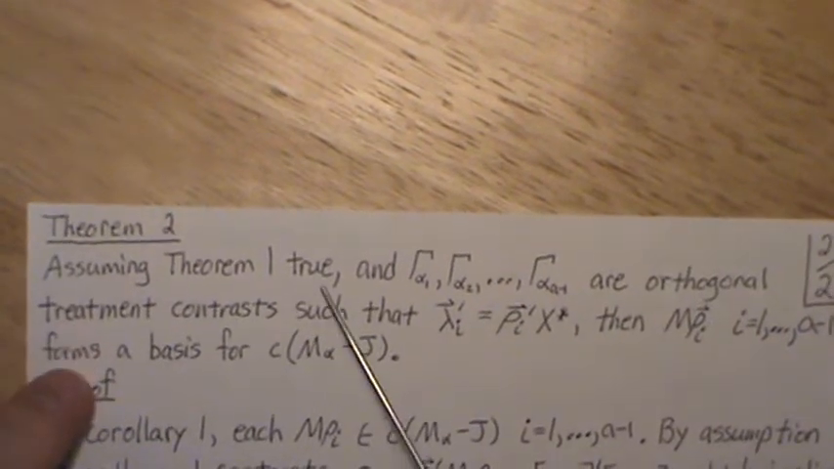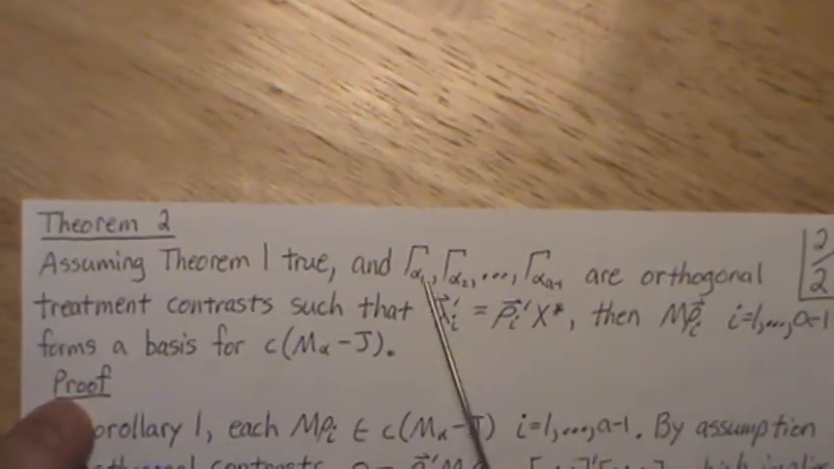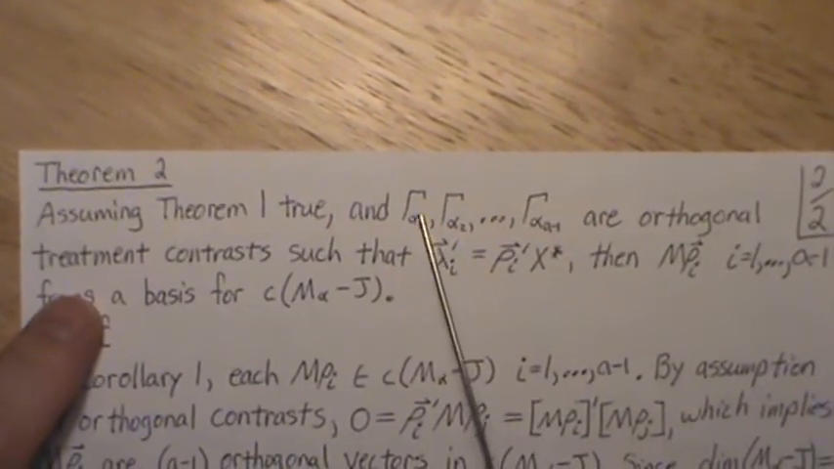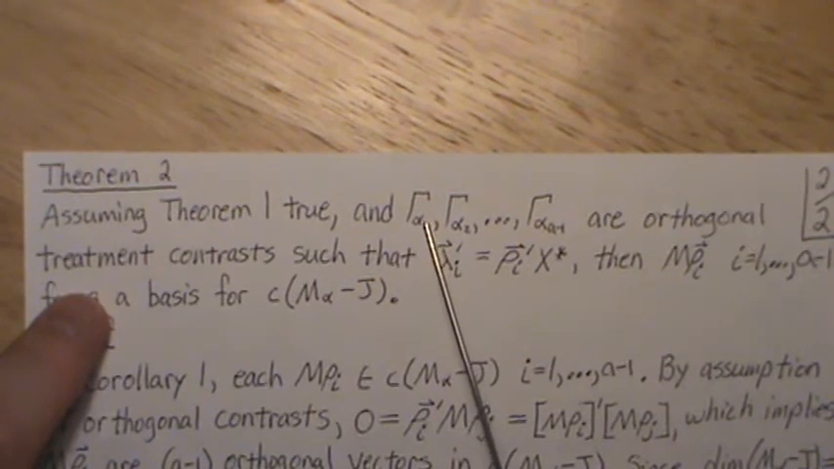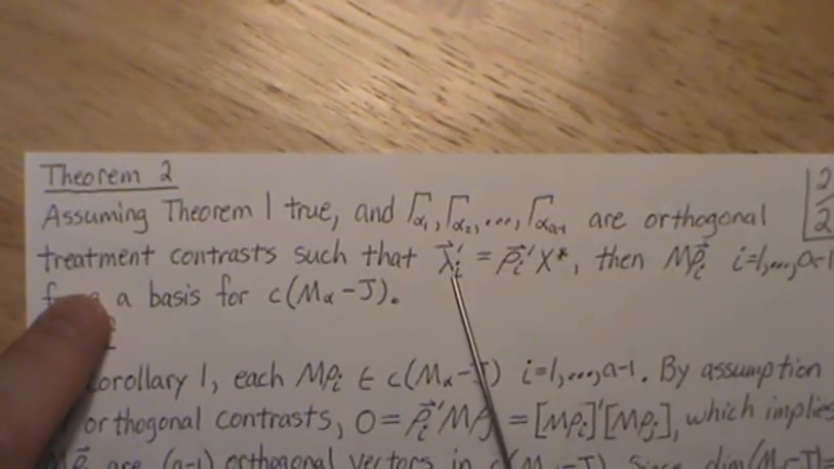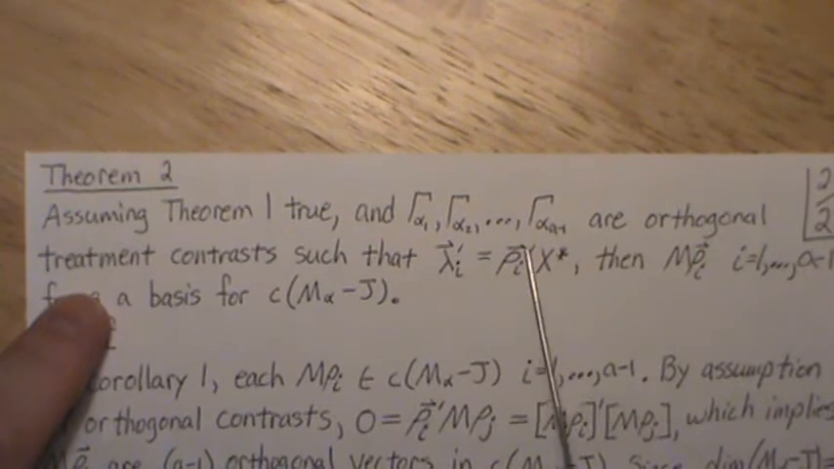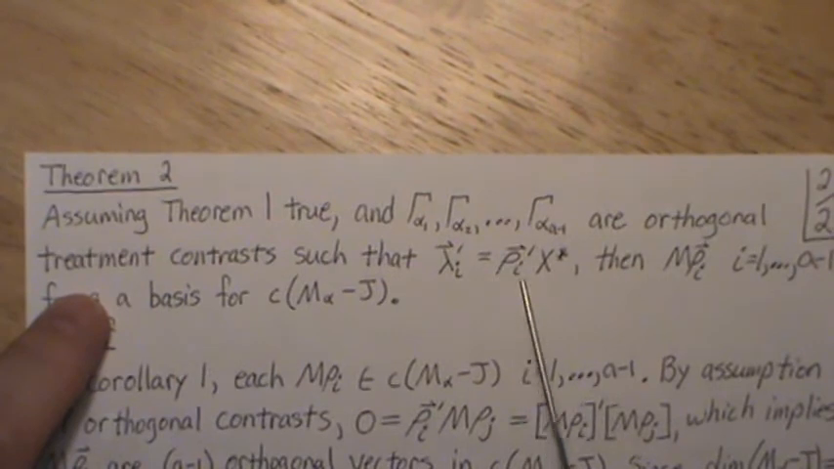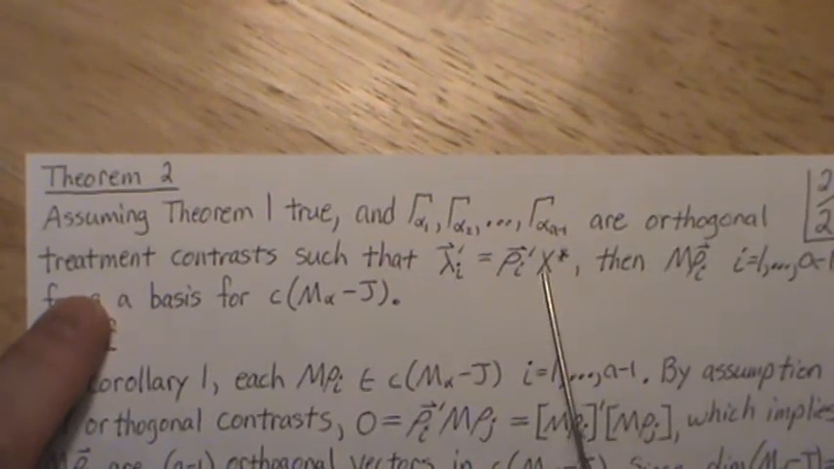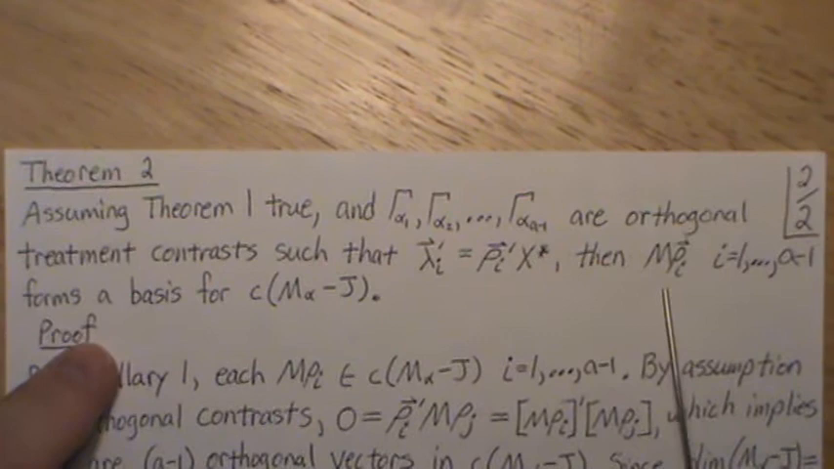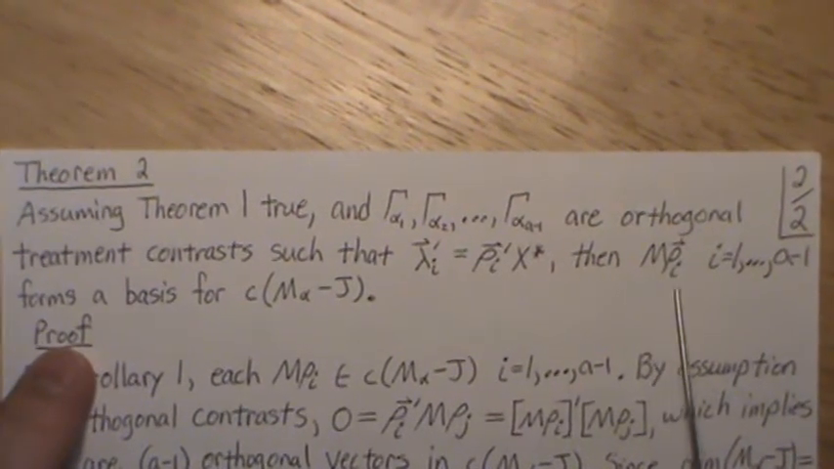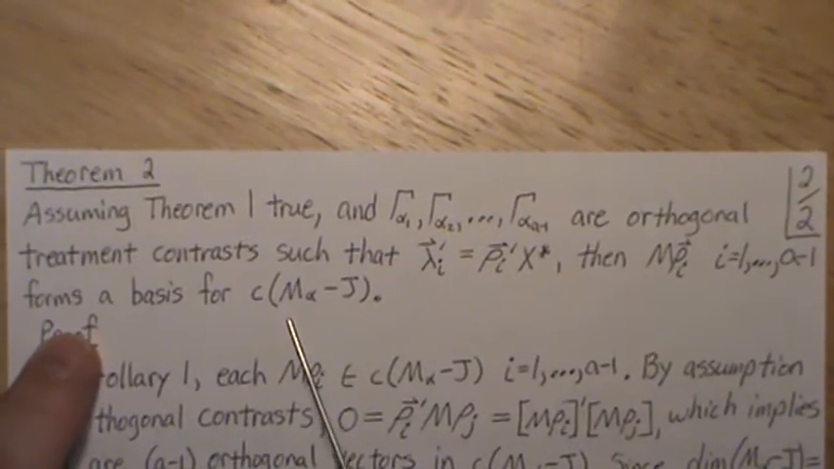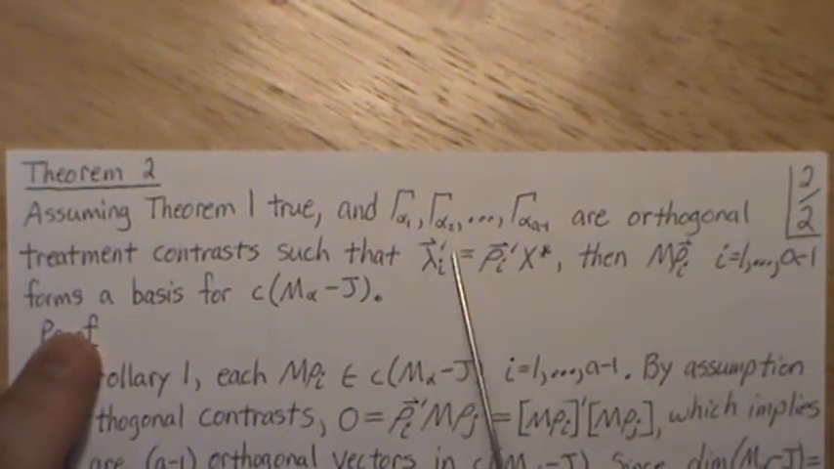So, assuming theorem 1 is true, and we have A minus 1 orthogonal treatment contrasts, since they're treatment contrasts, they're estimable, that means the lambda in front has to be part of the row space. So we'll call lambda I, for each one of those, rho I transpose X star, right? Has to be part of the row space. Then M rho I forms a basis for this column space. So these orthogonal contrasts